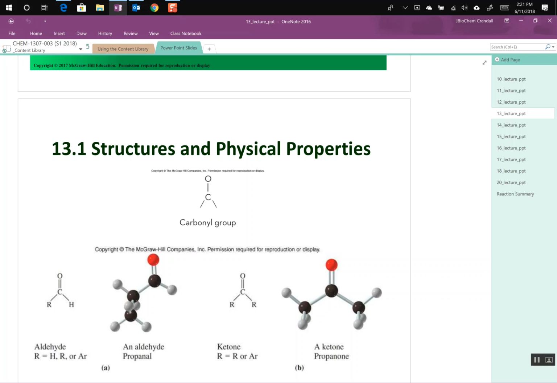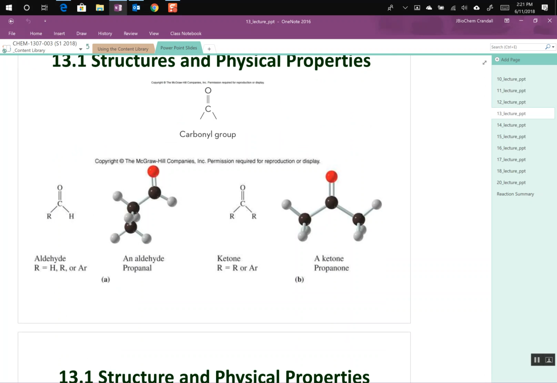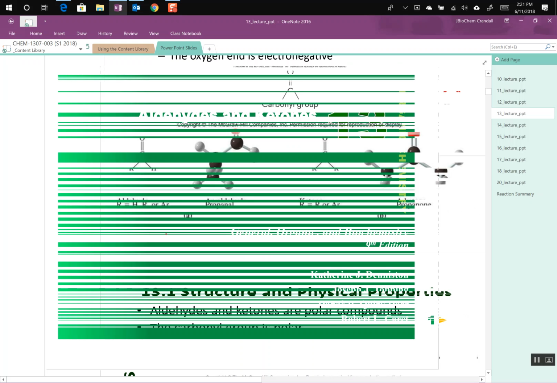So their physical characteristics are going to be different than alcohols because alcohols hydrogen bond. So why doesn't, here's an aldehyde, why doesn't this aldehyde